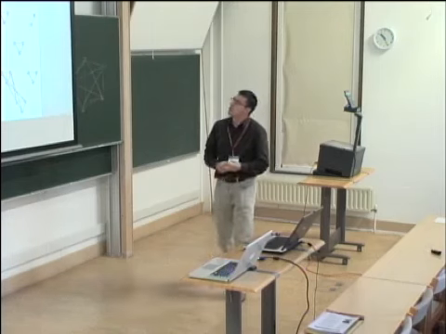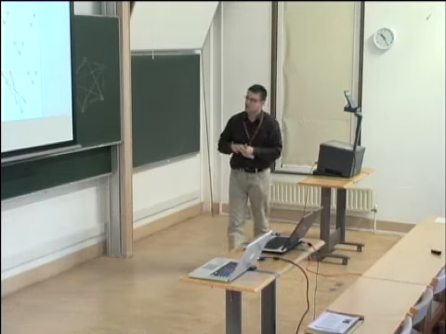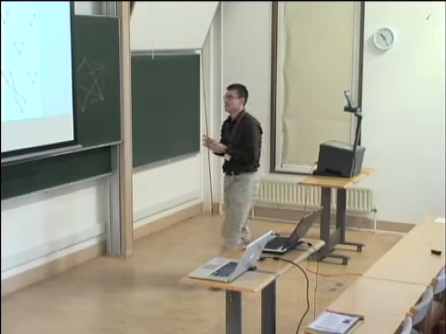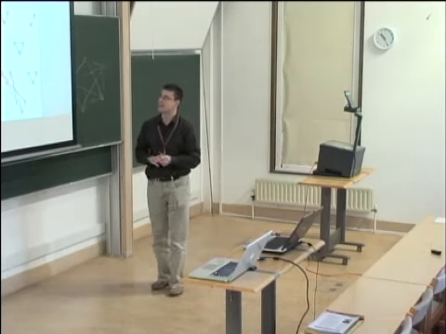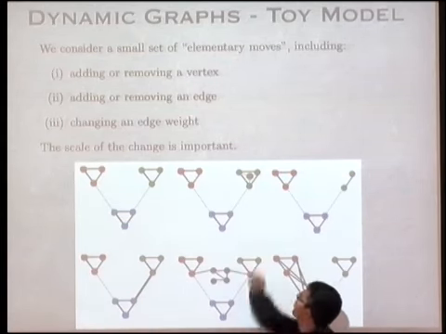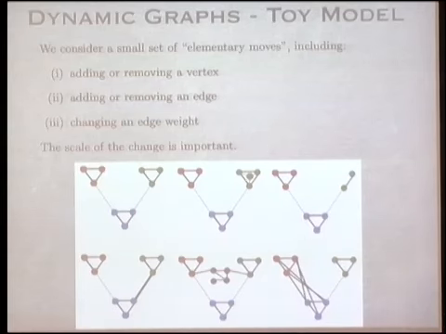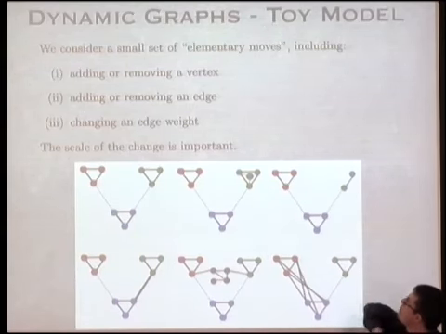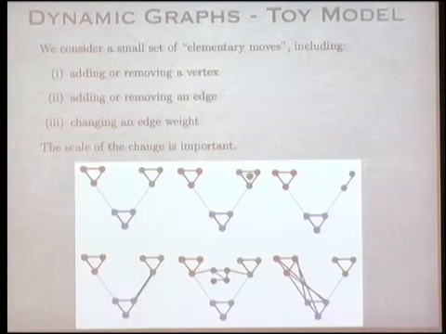OK, so in these toy models, what's going to happen in time? Well, we made up some things that can happen in time. For example, if that's the original graph, sometimes a new vertex might come up. And this should be a small perturbation because the vertex comes up into a little cluster. So we would like to say that that's a small change. A vertex might disappear. That vertex disappears. But still, there are 3 clusters. So that's also a small change.